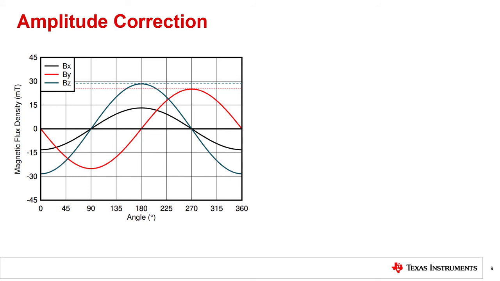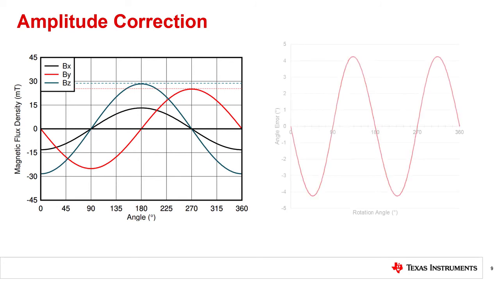Revisiting the real magnetic field components one more time, it is noteworthy that the component magnitudes are unequal. In some applications, it may be possible to place the device in an ideal location or rotate the device in place to help average two field components, but in many cases, this amplitude mismatch will be unavoidable. Even if the magnetic field inputs to the device are perfectly matched, there is still sensitivity mismatch, which can result with a small inequality between the two channels. Depending on the magnitude of the difference, this error can become quite significant.